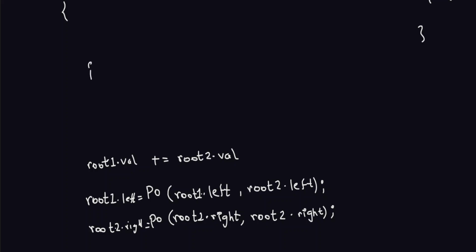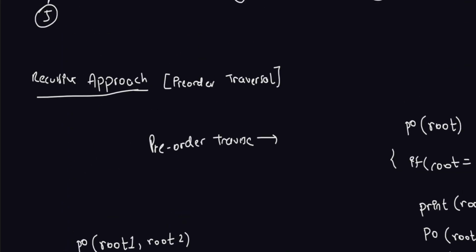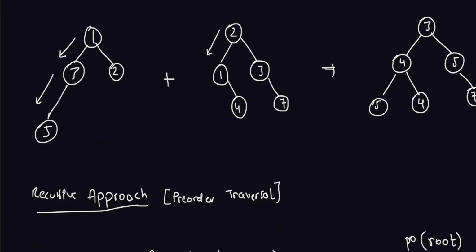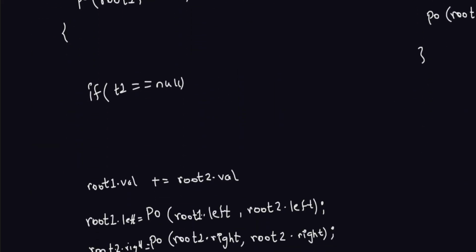So now let's find the base case that we are looking for. For example, if t1 is equal to null, for example, I'm traversing to the right side and it is null. What can I do? I can return the right part of it. So I return root2. Exactly. And if